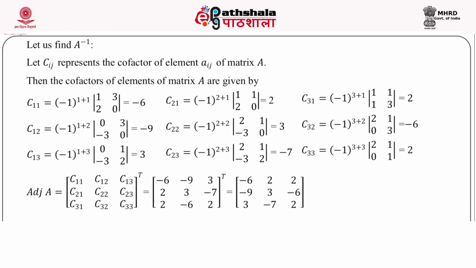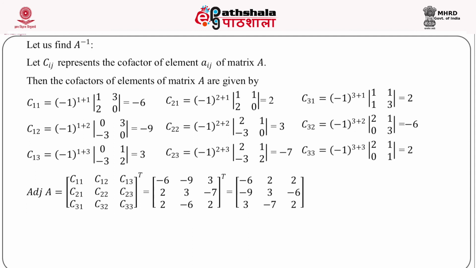Now, let us take an example of infinitely many solutions. Let us write this system in matrix form, where A is the coefficient matrix, X is the variable matrix, and B is the right hand side matrix. Now let us check the determinant of A, which is 0. So the given system is either inconsistent or it is consistent with infinitely many solutions. It can be checked as follows: if adjoint of A into B is non-zero, then the system will be inconsistent, and if adjoint of A into B is 0, then the system will have infinitely many solutions.